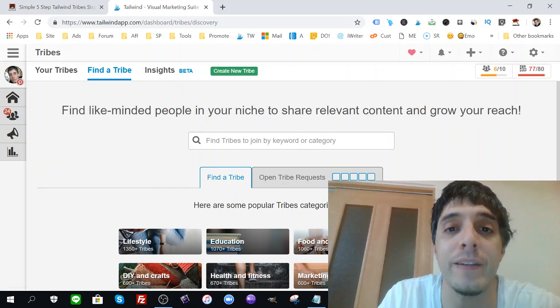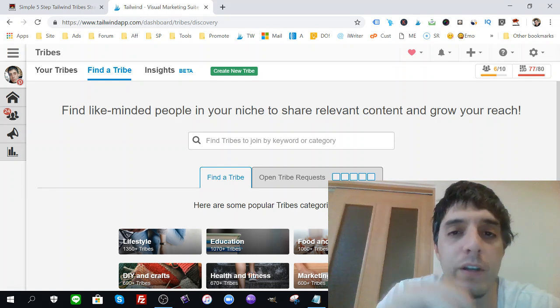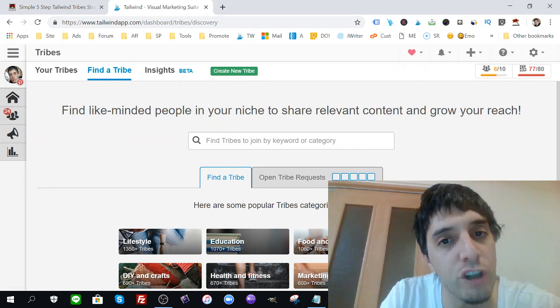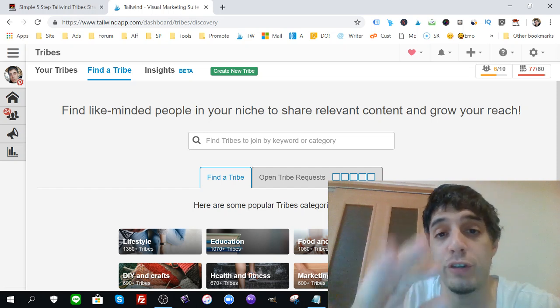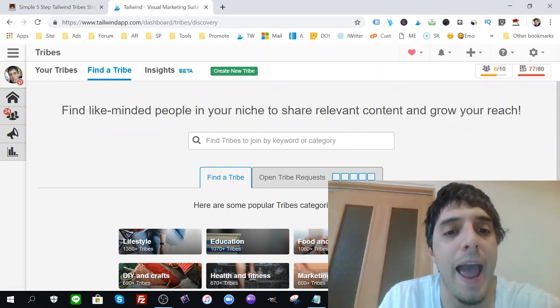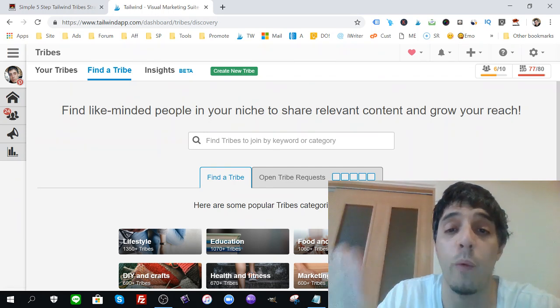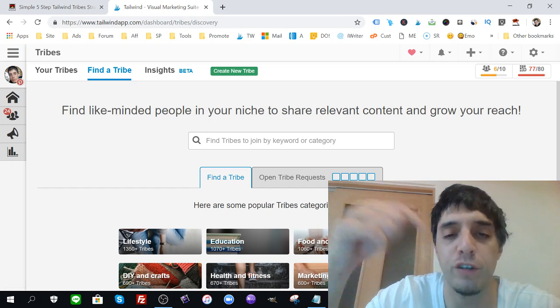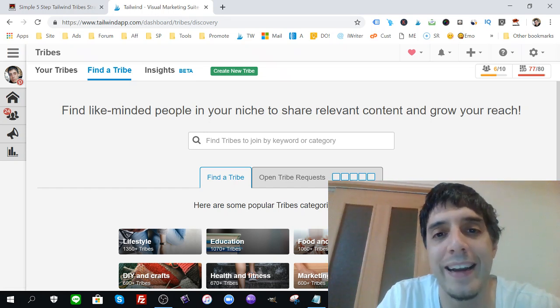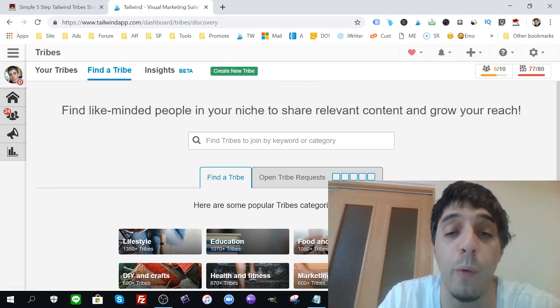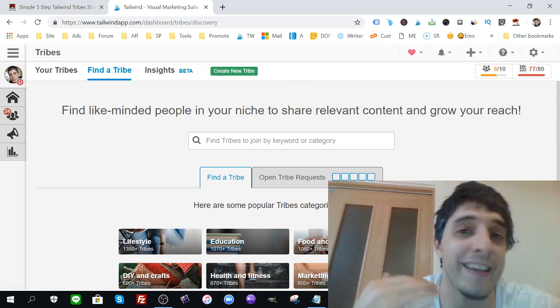Now, Tailwind is a scheduler. It's so much more. It's an auto poster. It's a scheduler. It's completely ethical. Pinterest gives it a big okay, and Tailwind lets you know, of course, I have more information about this below. It lets you know exactly the peak hours of your Pinterest account and when it gets its most engagement from